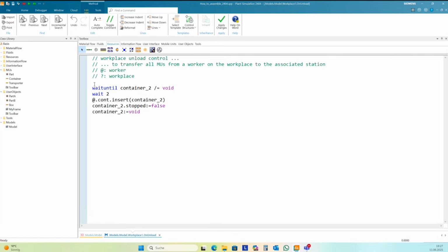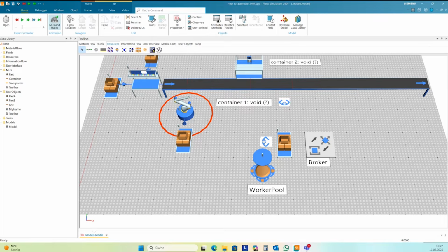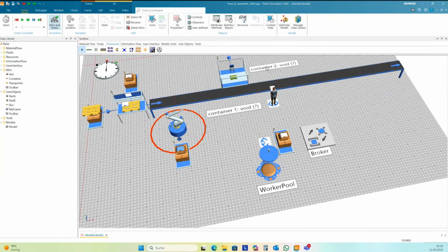The unload control Plant Simulation will call when the worker enters the workplace, and if you move the part to another station, to another place, then the mediation of the worker will finish, and the worker goes back and takes the next part. And so the worker goes to this place here, and now he has to wait until container 2 is not void anymore.